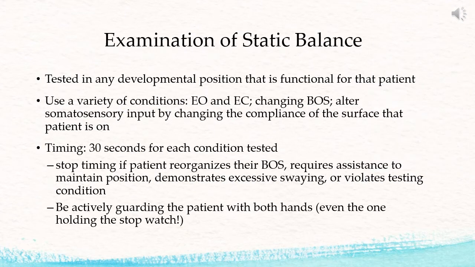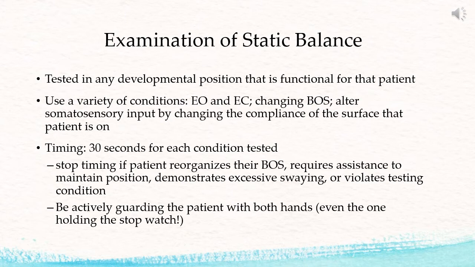Next, we'll move into how you actually perform an examination of static balance. You're going to select a developmental position that is functionally appropriate and relevant for that patient. So perhaps they're struggling in sitting, maybe it's standing, could be tall kneel, could be quadruped. You'll know from your functional observation and from what the patient has told you what developmental positions you should assess balance in. So you'll select the developmental position and you'll make sure that your patient is optimally aligned in